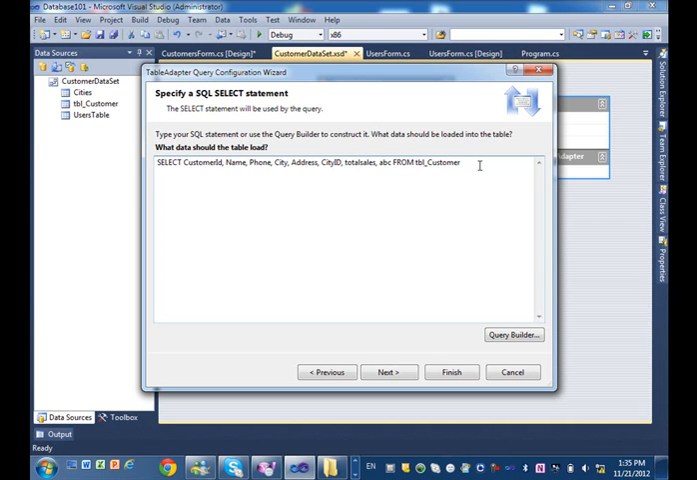For example, if you say select customer ID, name, and so on from this table, or you can say where name equal, for example, Ali, right? So now this query is only looking for a name that is equal to Ali. Now if I click on next,